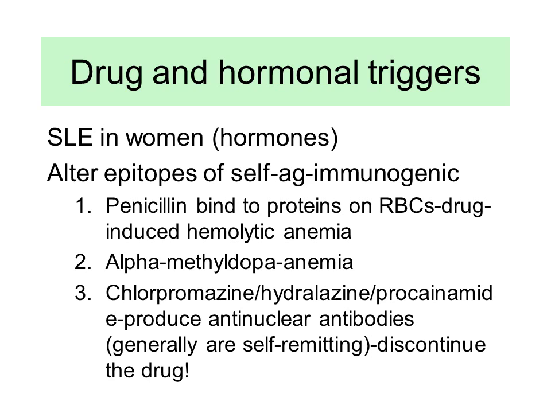So penicillin will pick up some of the proteins expressed on RBC and then kill them. So once you give penicillin, you may lose your RBC. You end up having drug-induced hemolytic anemia. And then some other drugs like alpha-methyl dopa also cause anemia. Chlorpromazine, hydralazine. So you can see tons of drugs which may produce anti-nuclear antibodies. And the good thing is that they are being produced,